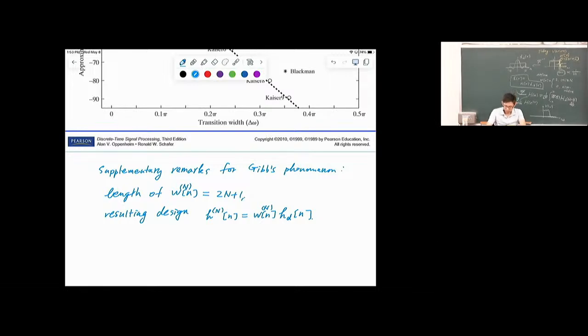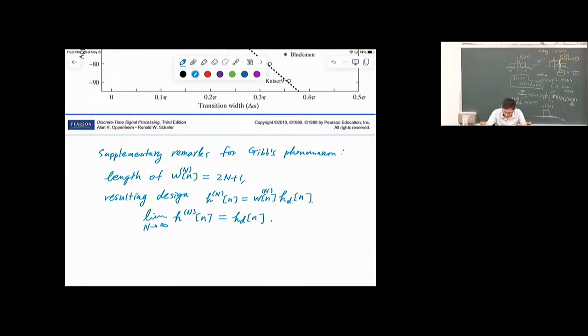So we have the limit, this is quite tricky, it's really interesting. As m approaches infinity, h^m[n] equals h_d[n]. Of course, right? Can we agree on that? When we keep more and more of the middle part, in the end, in the limit, the two functions become equal. So doing a Fourier transform, we can say that, yes, therefore, the limit of the resulting frequency response should also approach the ideal response,